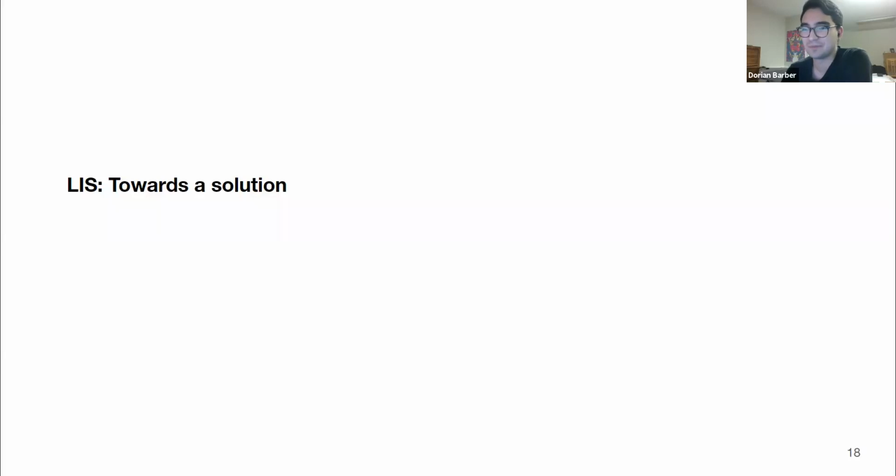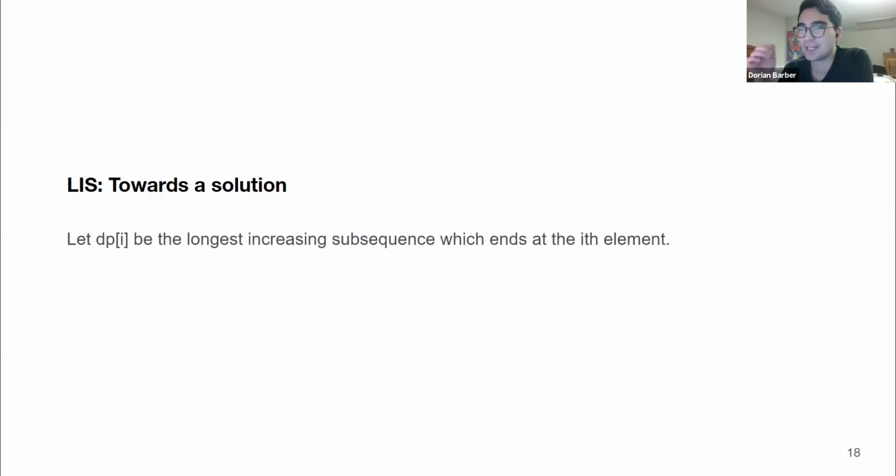But basically we're going to go through a similar approach to what we did last time with the counting steps problem. We're going to construct an array that's going to help us define the problem. So we'll construct this array DP, where dp[i] is the longest increasing subsequence which ends at the ith element. And so with this information,